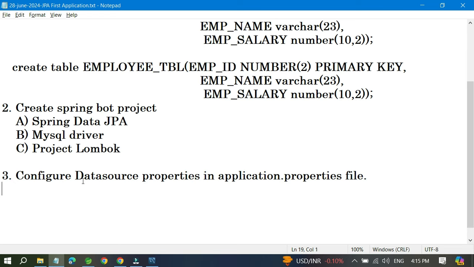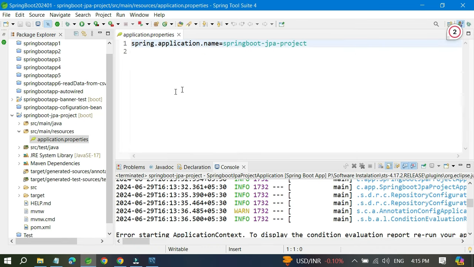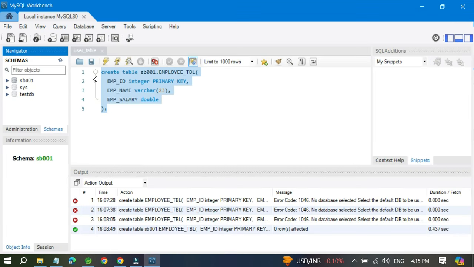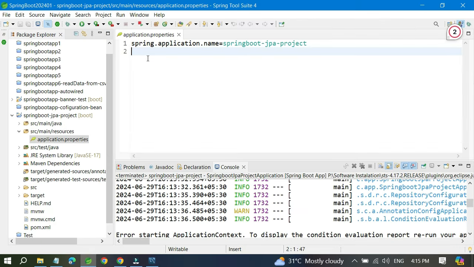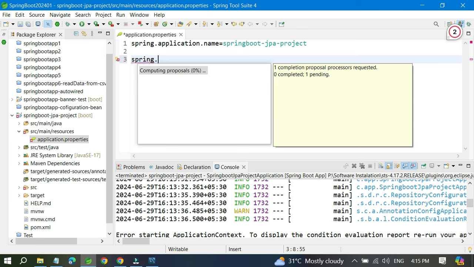Okay, so what we can do is go to our application.properties file here, and we can provide the configurations of our database. If you see our database, it has a URL called localhost 3306, right? And user ID is root, password is root, which we already know. So here we can write spring.datasource.url,